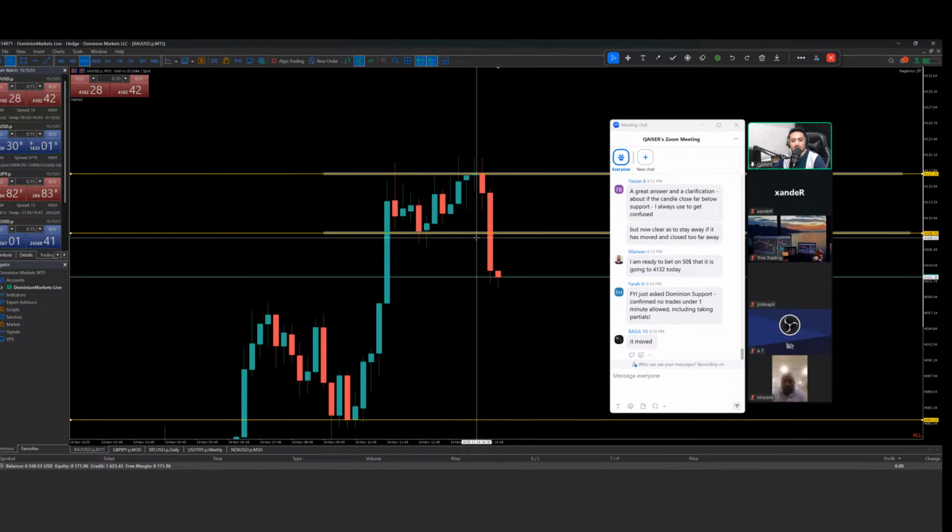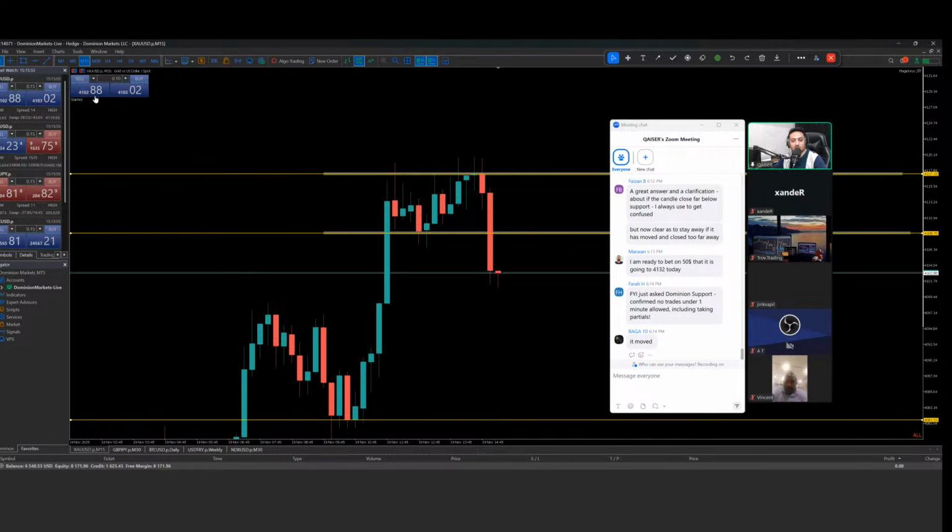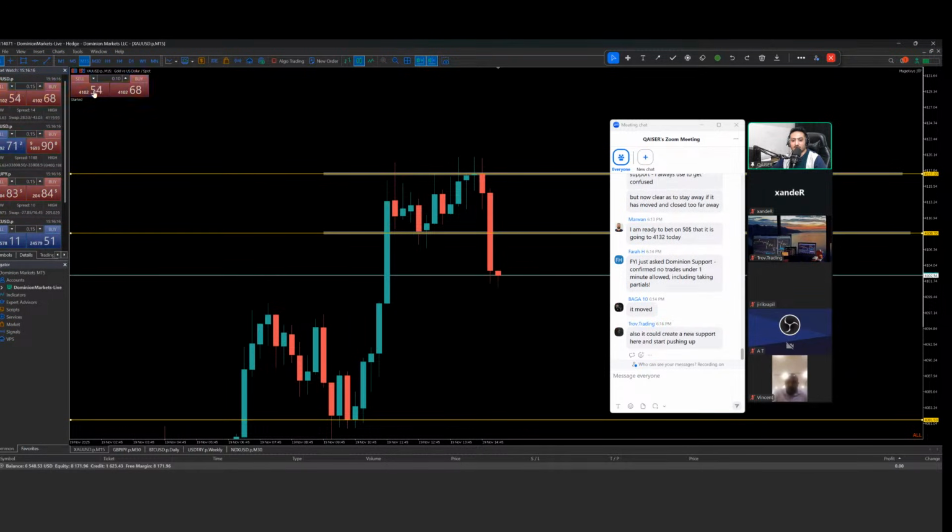It closed a little far, I would say, but not that much. 40-50 pips is normal these days. So it's pushing upside. That's great. All I need is this candle to create a wick, and if it's going to break its own low, I am going to execute on this one. Come on, man. Just create a wick. Create a wick. It's my wish. You need to create a wick.